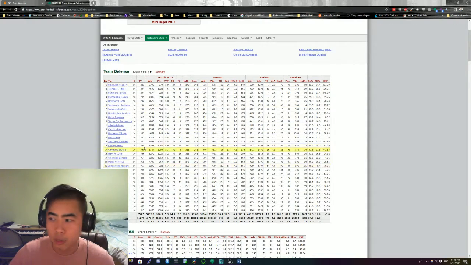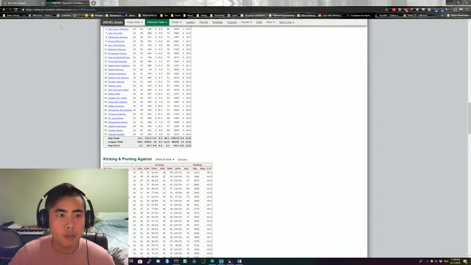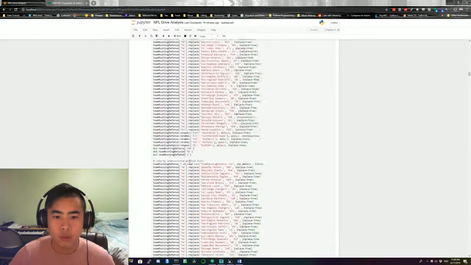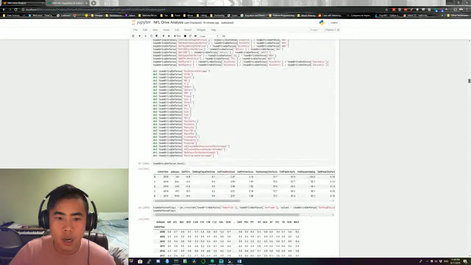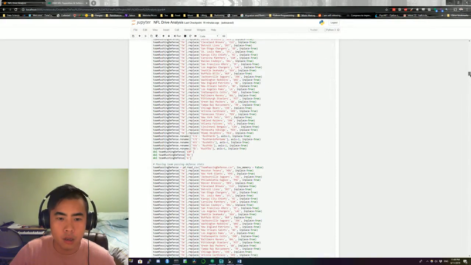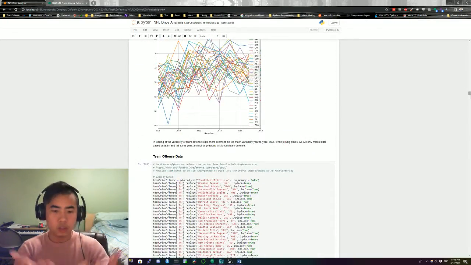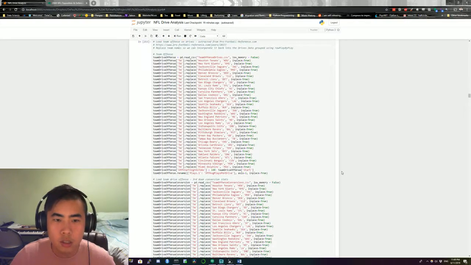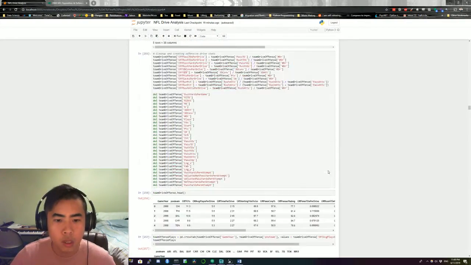I took this for every year and every team, and once I was able to create the drive data, which is the first step of pre-processing, I took this team-specific data for every year and merged, joined, that to the drive table. That gave me a lot more features to work with.